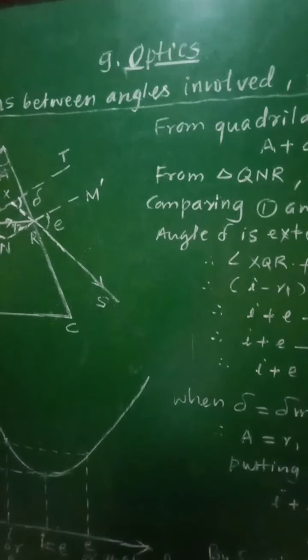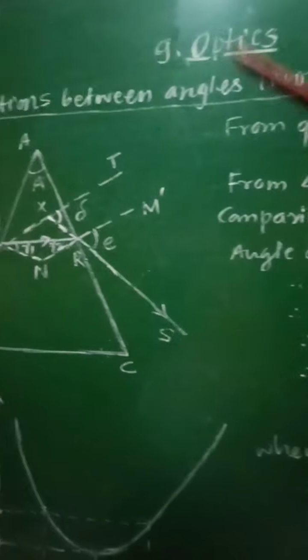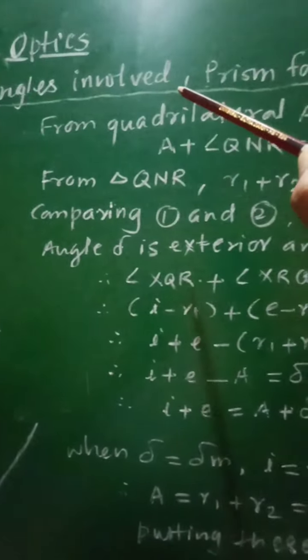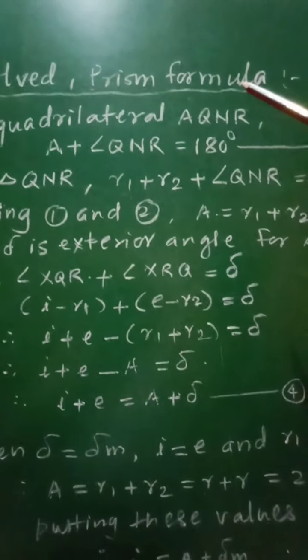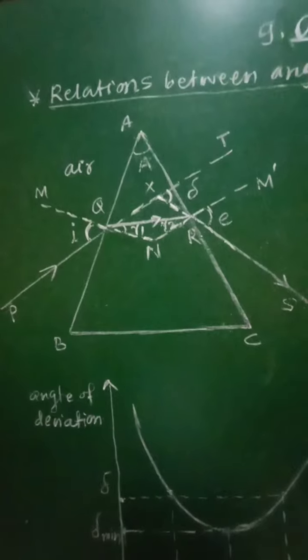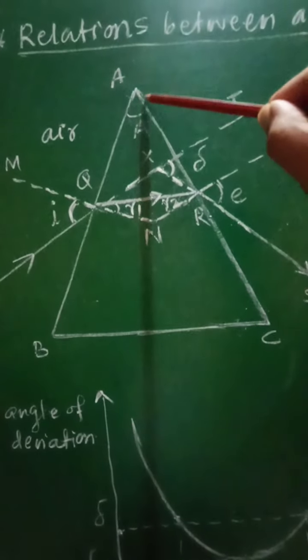Class 11th, Subject Physics, 9th chapter Optics. From this chapter, let us see the relations between angles in a prism and the prism formula. In order to obtain these relations between different angles and the prism formula, let us consider the principal section of